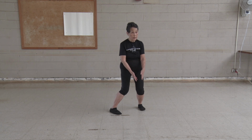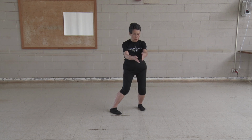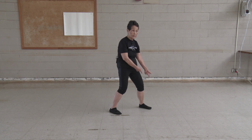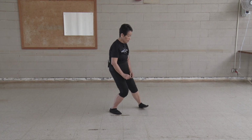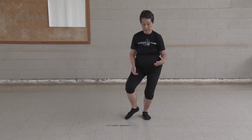Then I said, remember now, we're going to do the other side. This foot now is the grounded foot. It has to be on a line or parallel to the line. It cannot go lazy and just do that, okay? So whatever we set up and applied the first time, we have to then apply to the second side,